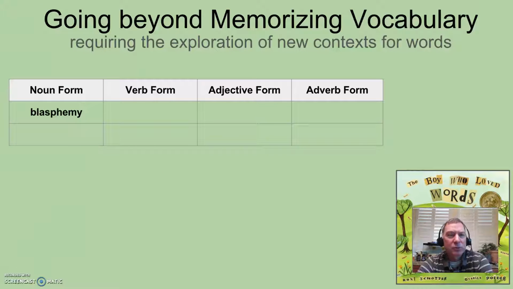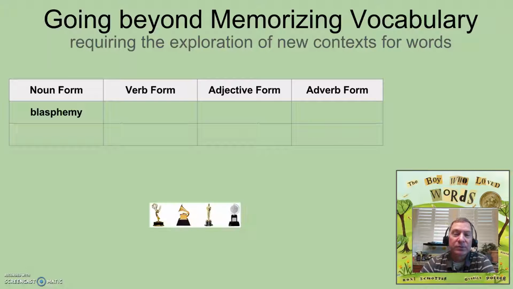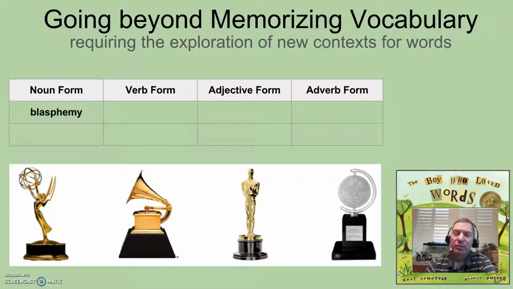We play games with words rather than just memorizing the first word on that list I showed you, blasphemy. Sometimes we played what's called the EGOT game. My kids came up with the name for the EGOT game, but a lot of tier 2 and tier 3 words are going to be nouns, verbs, adjectives, or adverbs, and a lot of words like blasphemy actually have a form for all 4 of those parts of speech, and it's fun, I think, to teach students to look for those. You can learn 4 vocabulary words for the price of 1.